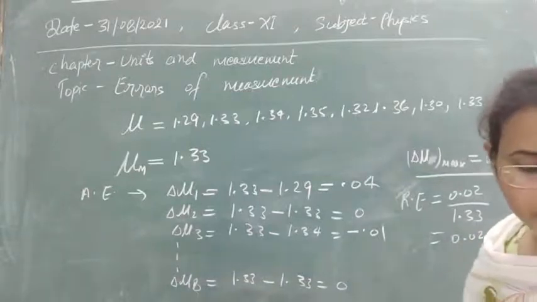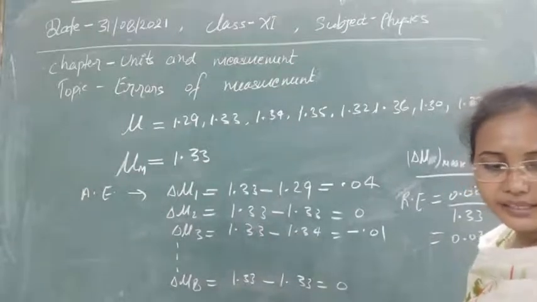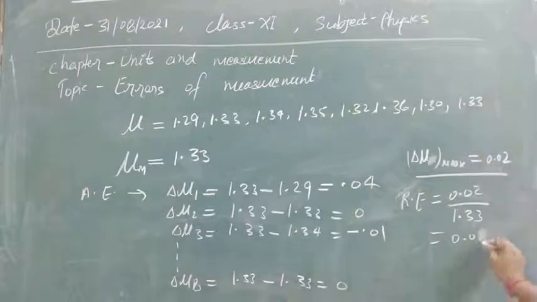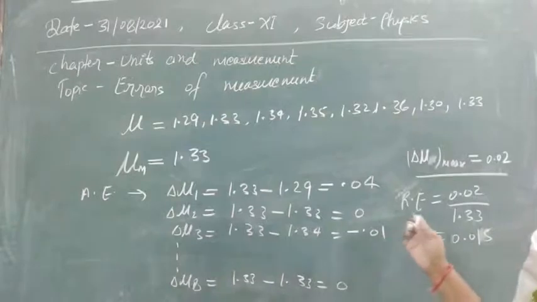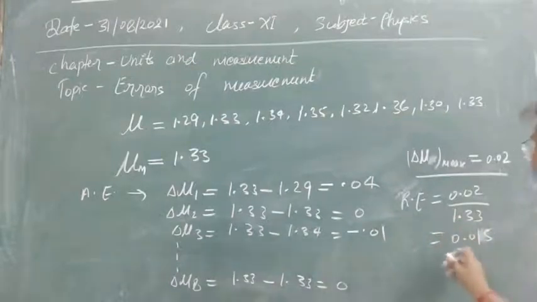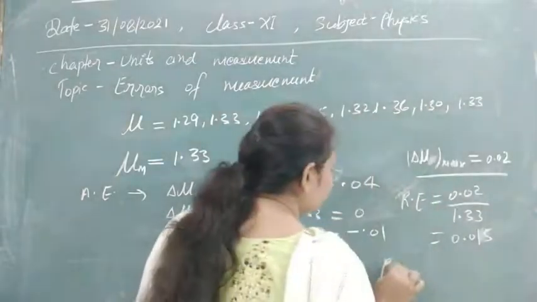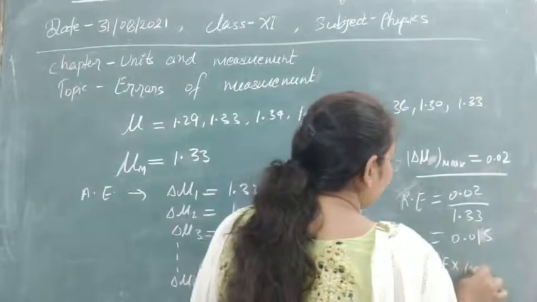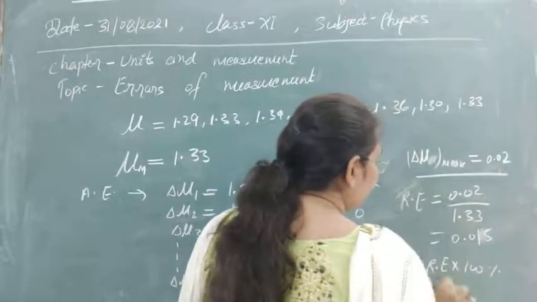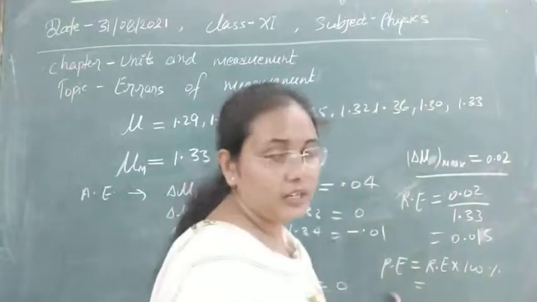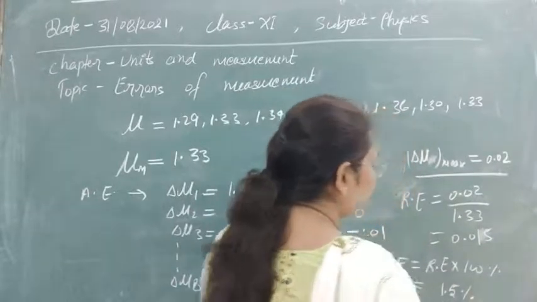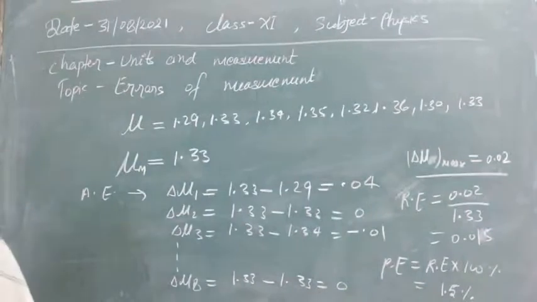Now the last one, percentage error. Here we are observing that this value is near 4.5, so in simple format you can just write an approximate value. So percentage error is relative error times 100, in percent. If you multiply this, you find that in your experiment there is a 1.5% error. So this is the error of the experiment.